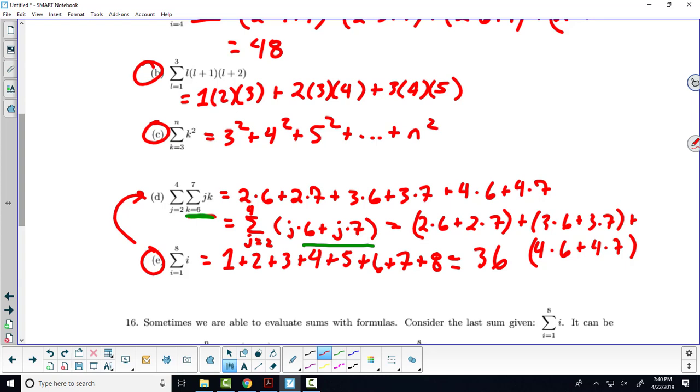Yeah, Maria? Would you simplify what's in the parentheses, j times? Oh, yeah, great. Yeah, so there's many properties you can use here. What is j times 6 plus j times 7? It'd be 13j. Yeah. And then you could go ahead and work with it like that. So yes, in fact, I should have seen that. Yeah, that's a great way to do it.